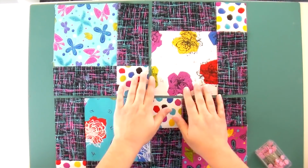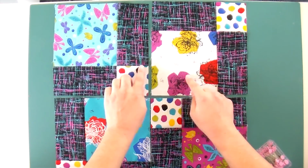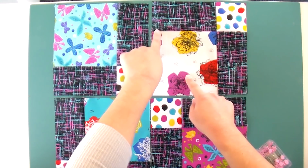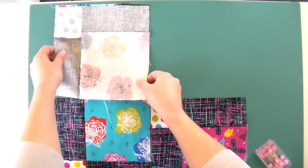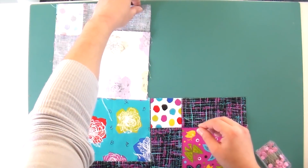So what we have to do now is we're going to sew this back together and create our official split 9 patch block. So one of the fun things about this pattern is we don't actually have any seams to match at this point, because this seam comes where it's a nice full length piece of fabric. Same deal with this one. We have a nice full piece of fabric where that seam is. So we don't have to worry about joining any seams like we did when we put the 9 patch rows together. So what I can do is I can just flip those right sides together,